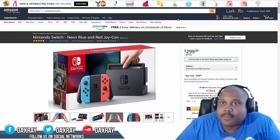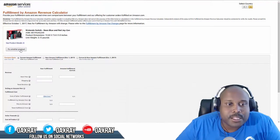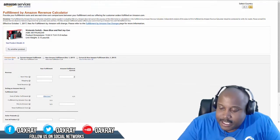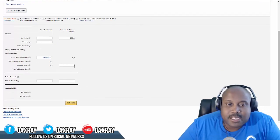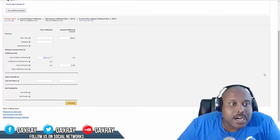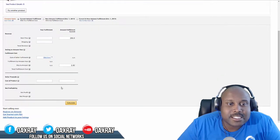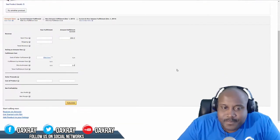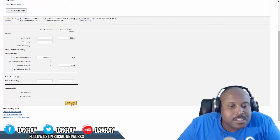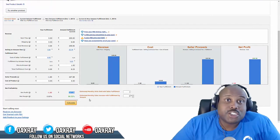Whenever we actually pull up the Amazon fees on this item, I'm going to click on to the fulfillment calculator. It's going to pop up with the information, and I'm going to put $299 here. I know this is going to cost me a couple bucks to ship to Amazon. I'm just going to say $2. Since I've weighed these before, you're able to fit probably 6 or 8 of these in a box. So actually, it might cost maybe like $1 per item to send in. There's no special requirements. So I'm going to hit calculate and see what we get. What we get is our net payout is going to be